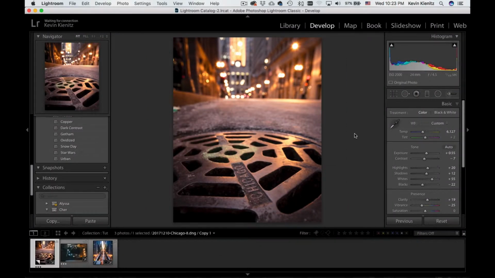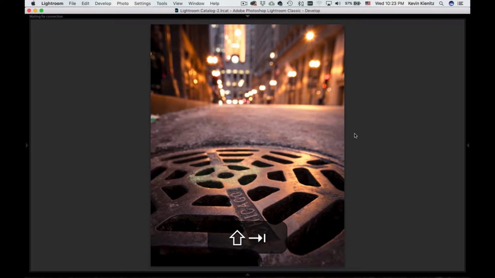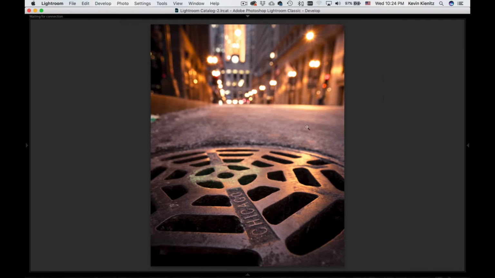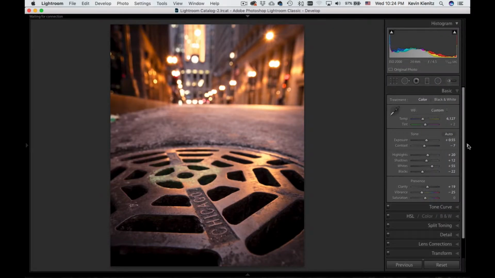Again, if you're ever in, say, one mode like this one, and you want to bring back just the right-hand toolbar in order to adjust your sliders, you can always just go over here and hover, and it'll bring it back temporarily. Or you can go over here, click the arrow, and it'll bring it back permanently, which is really useful for portrait-oriented shots, because this way your image stays the same size, but you have the toolbar permanently there to